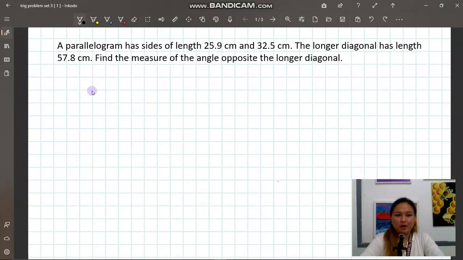Okay, so here is the problem that we will be answering together in this video. A parallelogram has sides of length 25.9 centimeters and 32.5 centimeters. The longer diagonal has a length of 57.8 centimeters, and we need to find the measure of the angle opposite the longer diagonal. Okay, so we can start by illustrating our